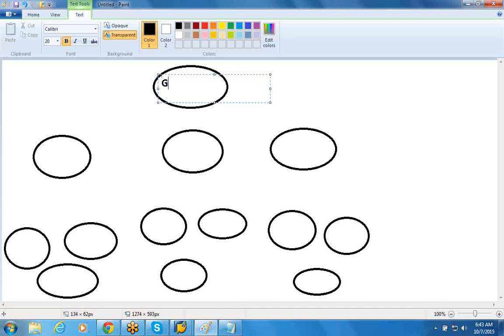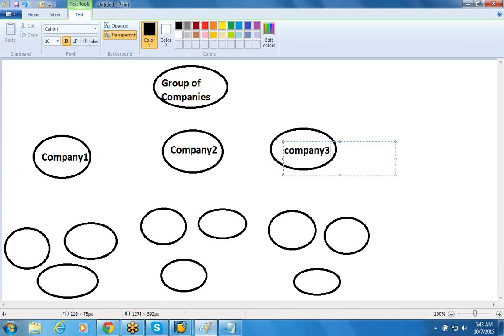So this is the first one, group of companies. And under that we have different types of companies working. For example, company 1, this is company 2, and for example, this is company 3. So like this. And for their business purpose, they divide their business into different types